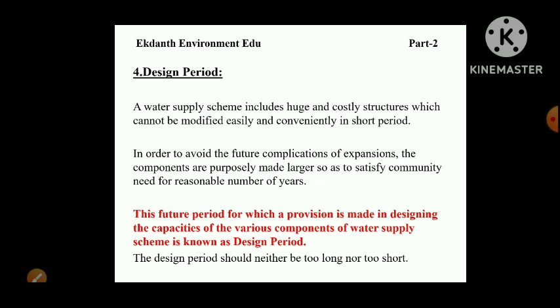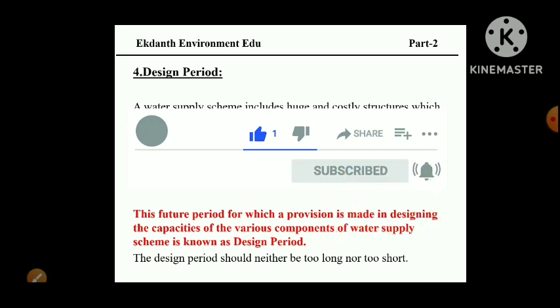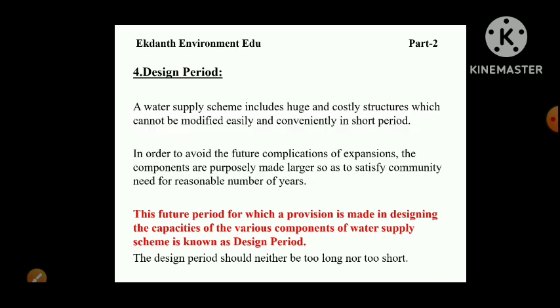ऐसा भी हो सकता है कि, से फॉर एग्जांपल, हमने किसी कंपोनेंट का डिज़ाइन पीरियड 15 ईयर्स रख दिया, लेकिन वो मटेरियल अच्छा हो गया, उसका मेंटेनेंस टाइमली होता रहा, तो वो 15 की जगह 20 ईयर्स भी वर्क कर सकता है ना। तो हम एक सेफ़र साइड मान के चलते हैं कि उसका डिज़ाइन पीरियड इतना रहता है, ठीक है ना। सो डैट उस यूनिट पे ज़्यादा बर्डन ना आ जाए, और मेंटेनेंस ज़्यादा ना हो, और वो चीज़ इकोनॉमिकल बने हमारे लिए। इसके लिए हम उसका एक टाइम स्पेन उस हिसाब से सिलेक्ट करते हैं, ठीक है।